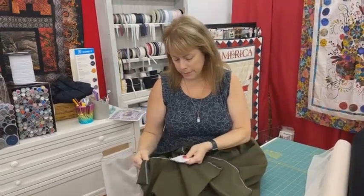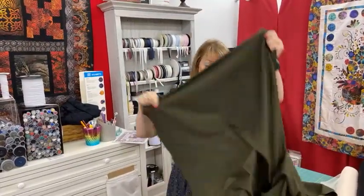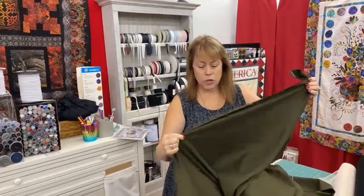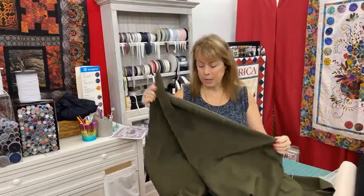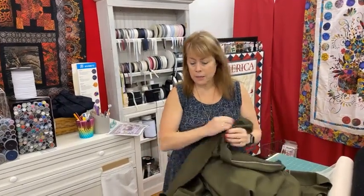And let me see. Nope, it's not wool. My mistake. It's poly rayon spandex. Well, I'll tell you what, it fooled me. It just feels so nice. So it does have the stretch in it, like I said. It's going to make someone a gorgeous outfit. We only got 8 yards of this. So if this is something that you like,